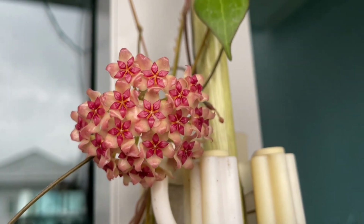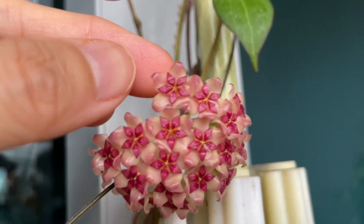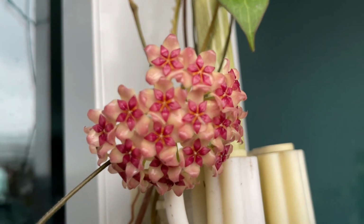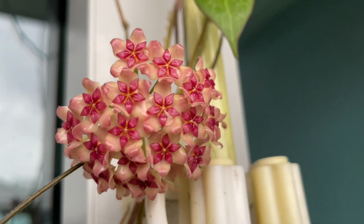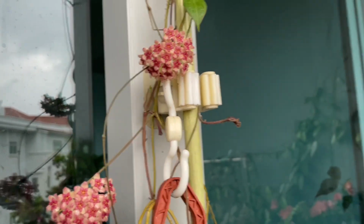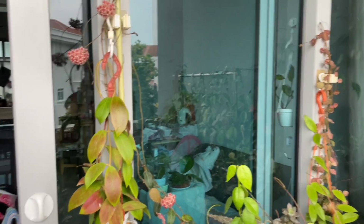And now there's one more here, and as you can see, the petals when it is in this kind of shape, it's actually just on the verge of closing up. So I would guess by midday today, this particular Hoya would have closed its flowers, or at least starting to close. So now it's still fully open. Just take a look at that, guys. 3 amazing